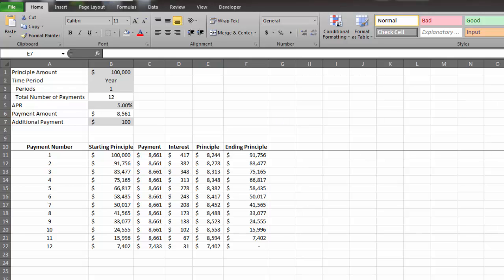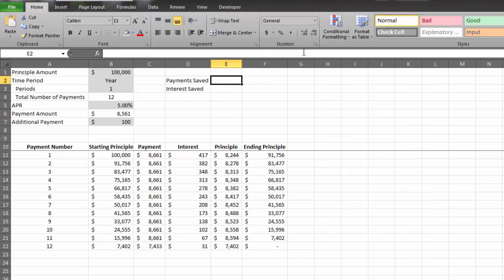The last thing that this file needs is the payments saved and the interest saved by doing the extra payments. We'll put those in just right here. Now the payments saved is simply the total number of payments you would have done had you not done any extra payments,